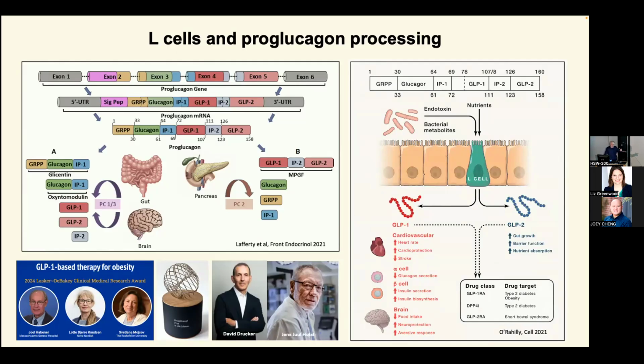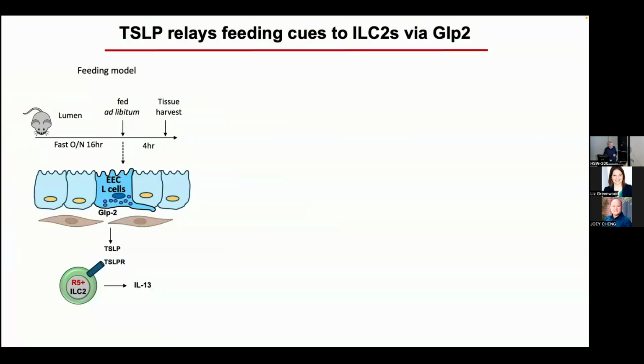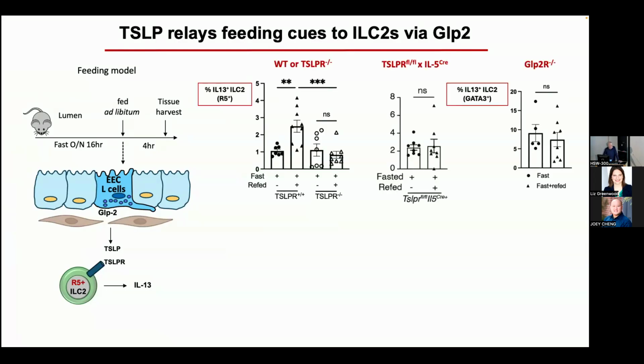What people may not know is that GLP-2 is made equimolar to GLP-1 and is also a drug that has been stabilized and is used for short bowel syndrome. So neonates are born with short bowels that don't fully differentiate, and it's used for parenteral nutrition because you atrophy your bowel when you don't have luminal content, and growth back requires GLP-2. So these cells make GLP-2, and Chong was interested, since these fibroblasts have the GLP-2 receptor, did that release the TSLP that they also had?